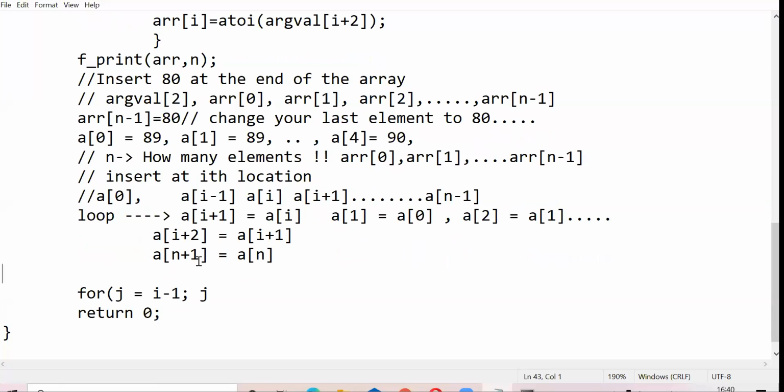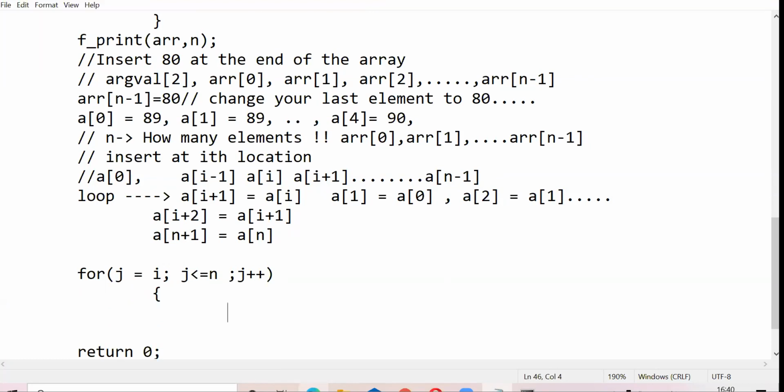So I want to simulate all this. So I want to go from all the way i to n. So we can actually run it for j equals to i. There are many ways of writing this. You can also do a logic with i minus 1. j is less than or equals to n, j plus plus, right? And what should we do inside this loop? Since j is starting from i, we can have here a of j plus 1 equals to a of j,